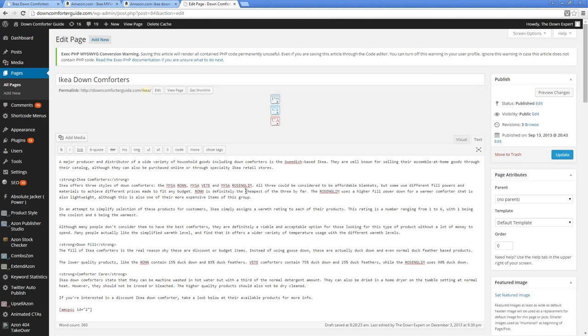So instead of saying that it's the cheapest, I'm going to say it's the most budget friendly. And I won't say by far, I'll just say of the three. And I'll say this one uses a higher fill power, but it also makes it more expensive. I could also go on to say, however,